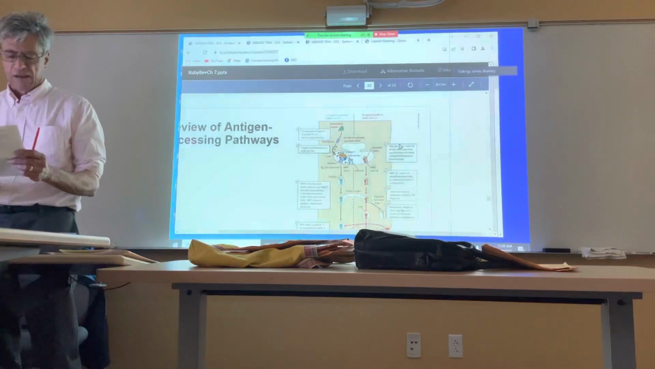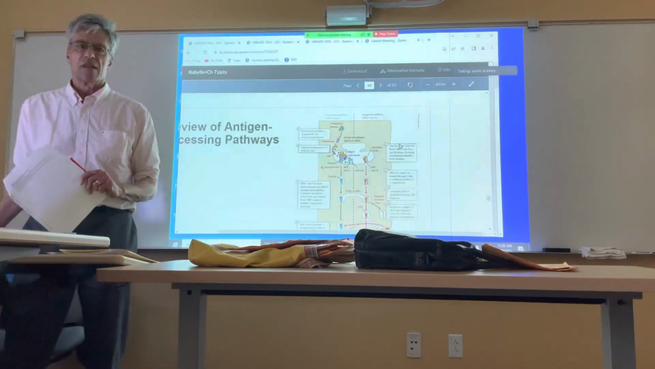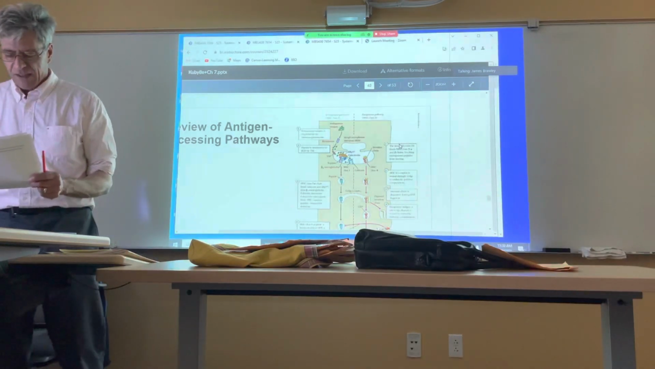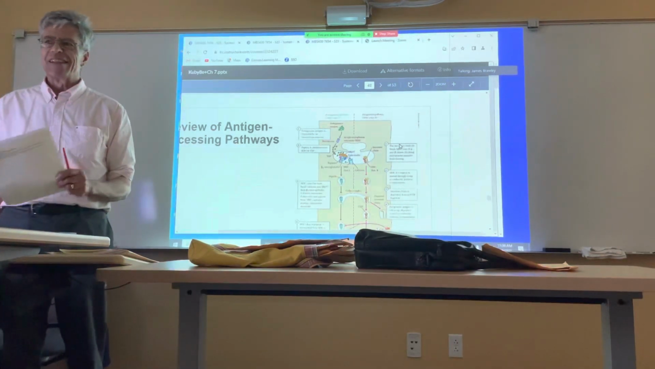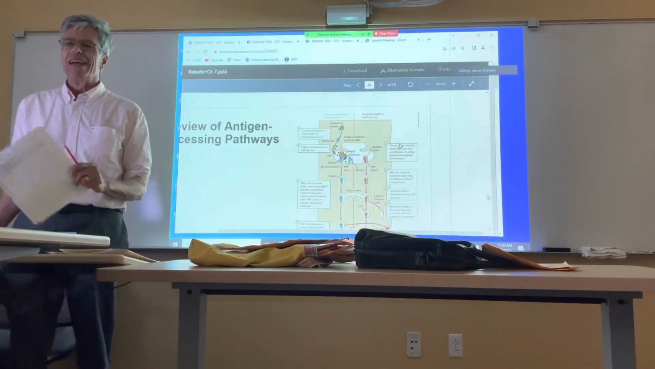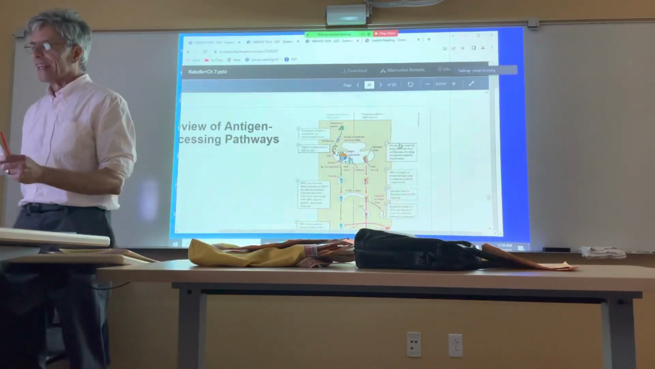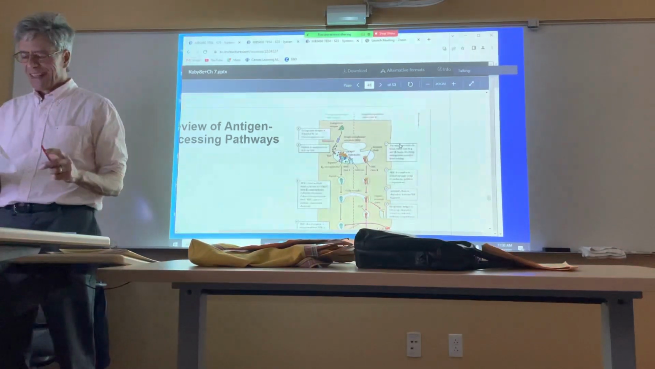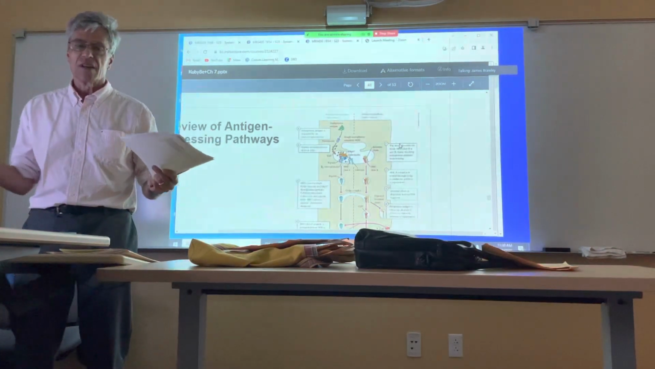The next section is titled Unconventional Antigen Processing and Presentation. So, like everything else in biology, and especially immunology, there are exceptions to rules. One of those exceptions is that exogenous antigen can sometimes be processed and presented by class 1, and sometimes endogenous by class 2. So this helps in the immune response. It's called cross-presentation, and